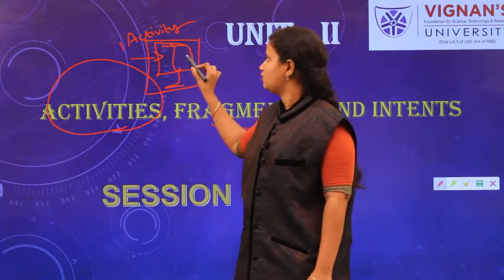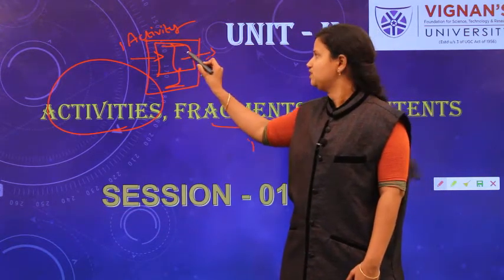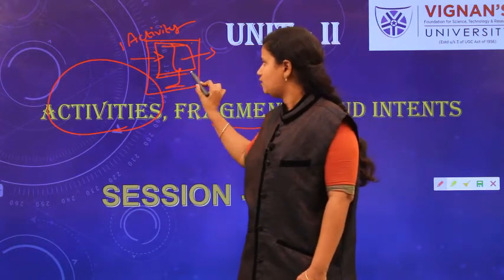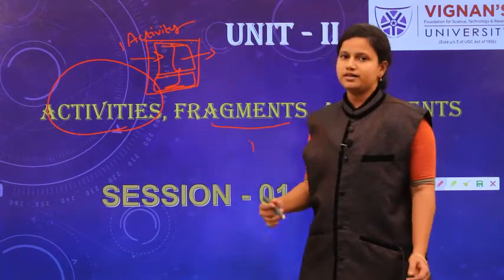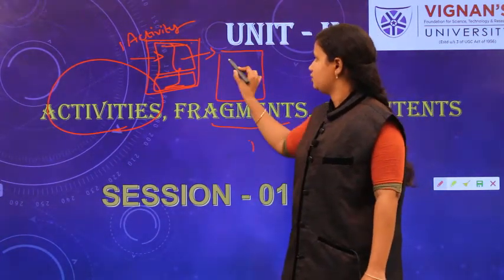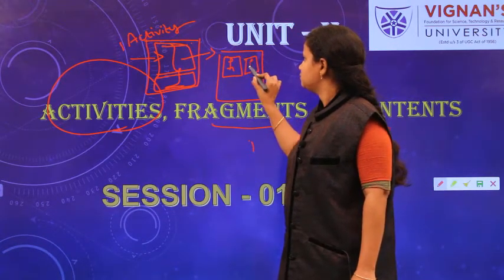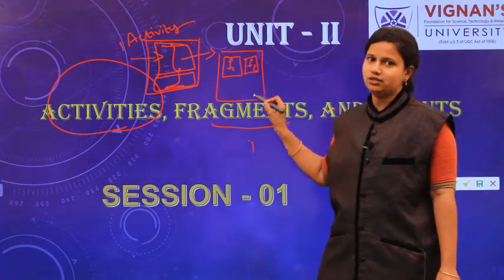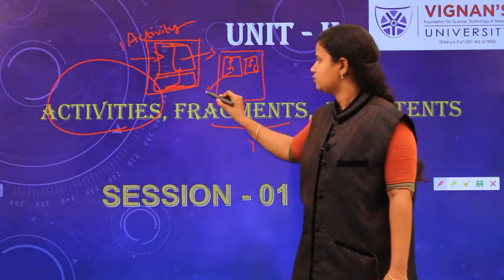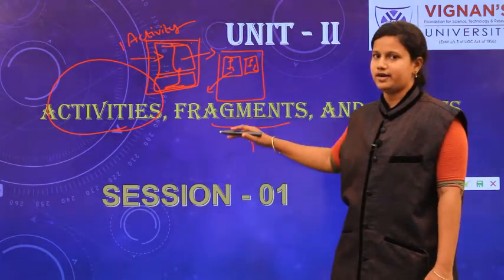The components presented in this activity are allocated to only some particular part of your activity. What about the remaining space? The remaining half of the space is wasted. That's why the activity consists of different fragments. The entire activity space is partitioned, and this partitioned space is called one fragment.